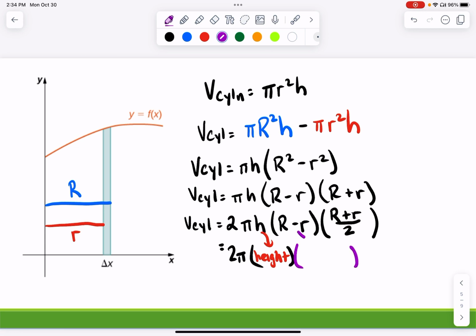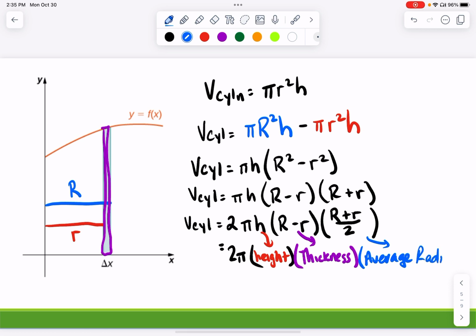And then I have this piece here, which is the thickness of our cylinder that we're revolving around. Okay, and then this here is the average radius. So said another way,